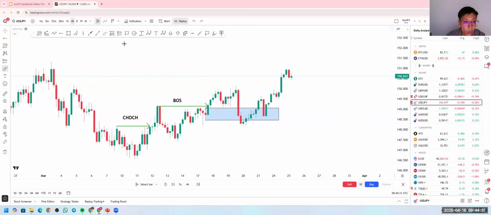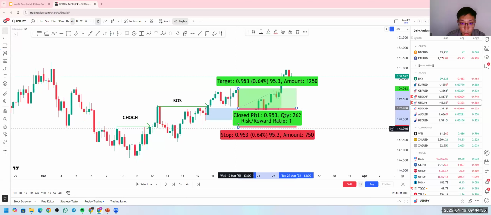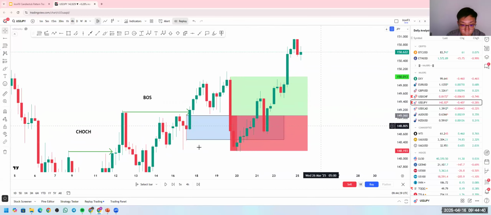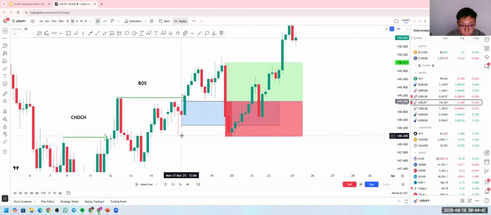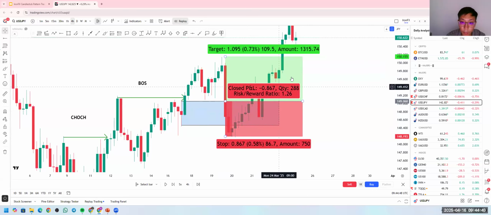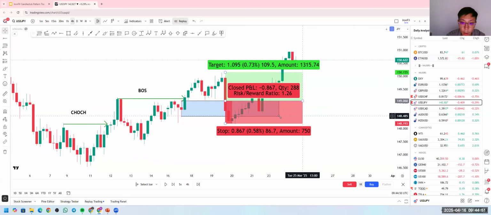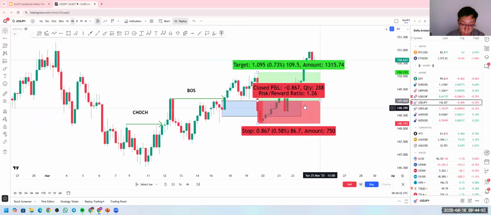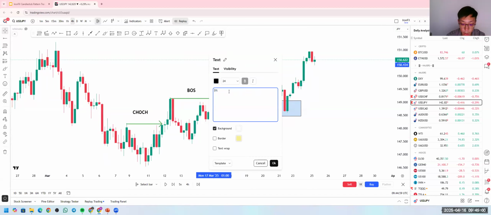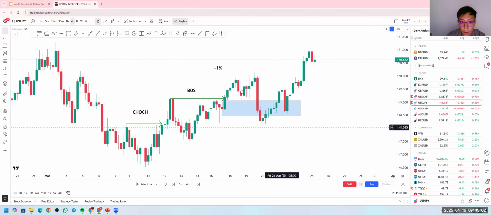And then, I think this trade almost hit stop loss. Oh, might have hit. Yep, barely hit. Definitely. So we can take this loss, it's okay. Let's be a bit more realistic. Let's say every trade you take, you're down 1%.